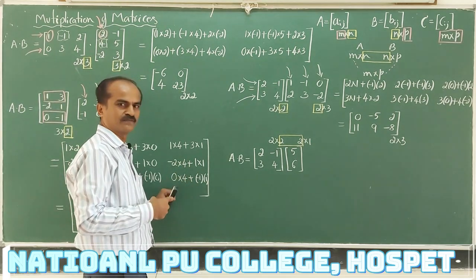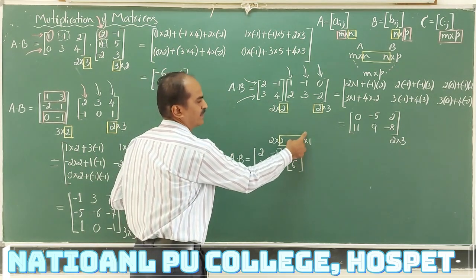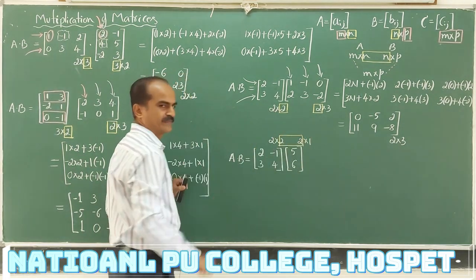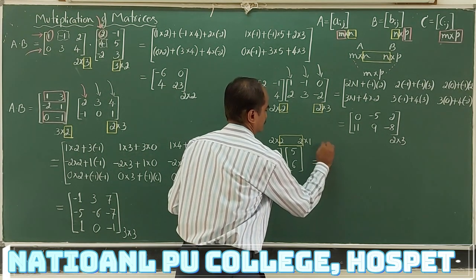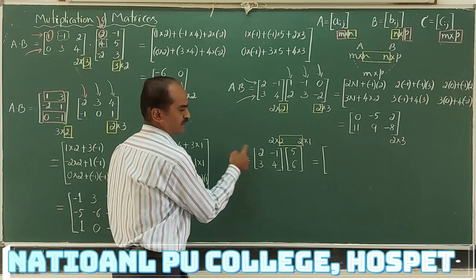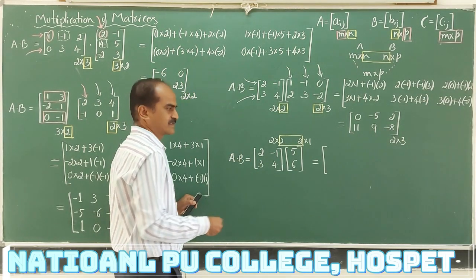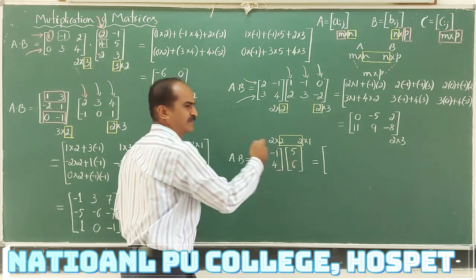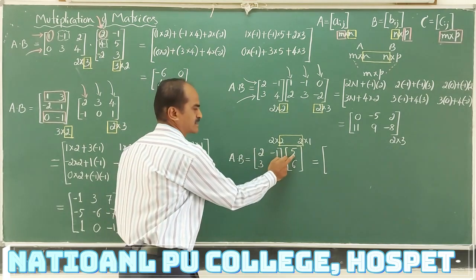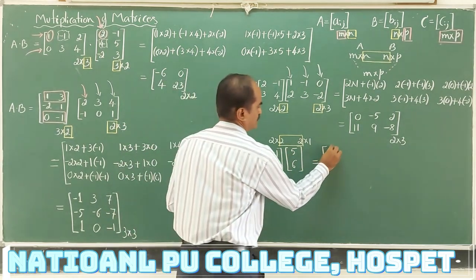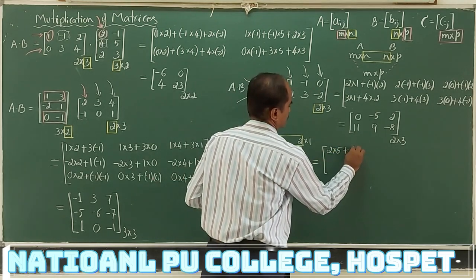What is the product of these two matrices? You are ending with another matrix whose order is what? 2 by 1. How to get it now? Take first row elements, 2 and minus 1, in the first matrix. Take first column elements of the second matrix. Again 2 elements. I have to make pairs now. 2 with 5. 2 into 5 plus minus 1 into 6.